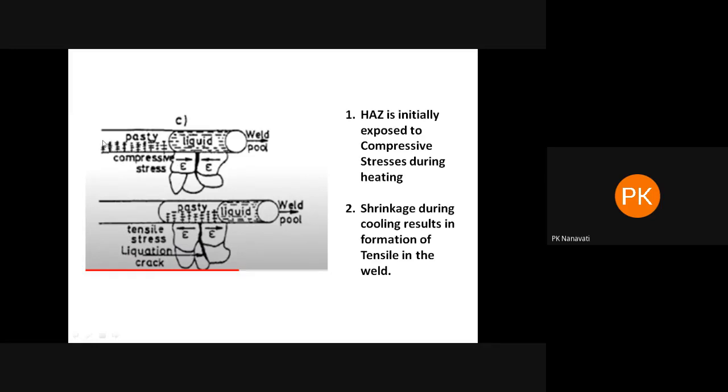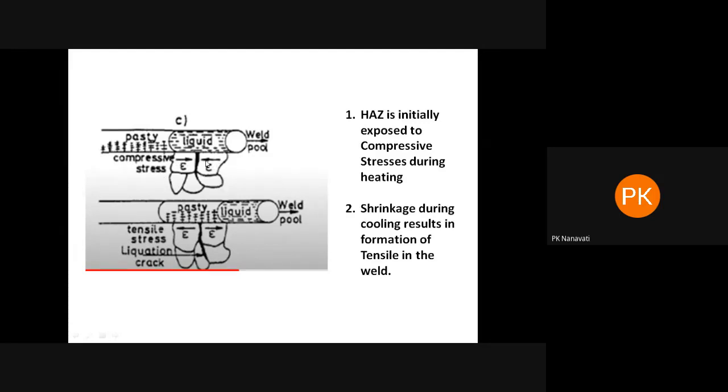First, when you are moving your heat source and depositing weld metal, this is going to be your location, and this is going to be your weld pool, which is in a liquid state. So this area will be in a liquid state, and this area is almost pasty. How is it pasty? Because most of the time you see some grains or solidification dendrites have already started from the base metal. So in the heat affected zone, this is the area where the heat affected